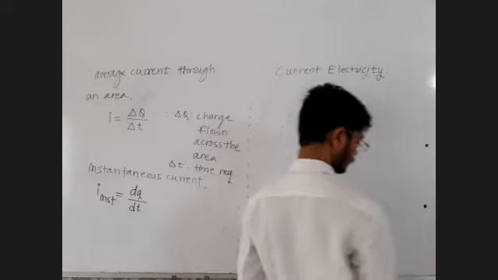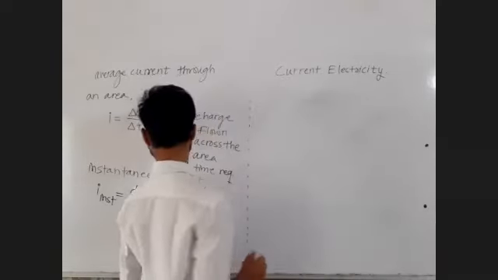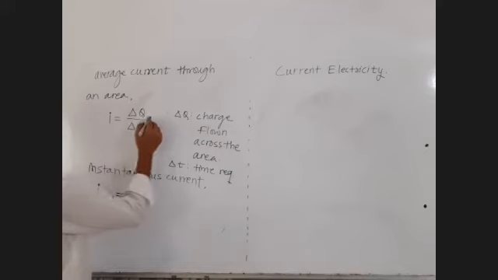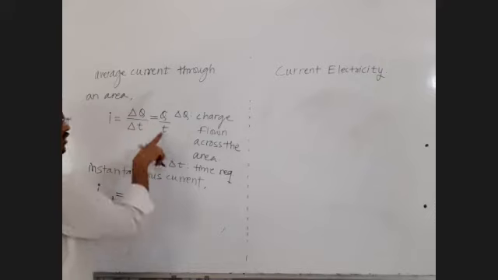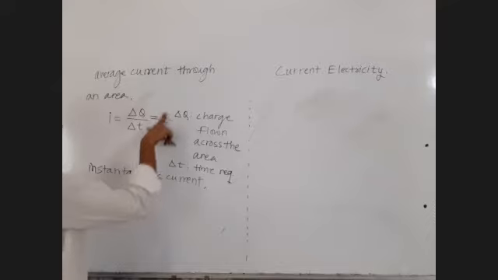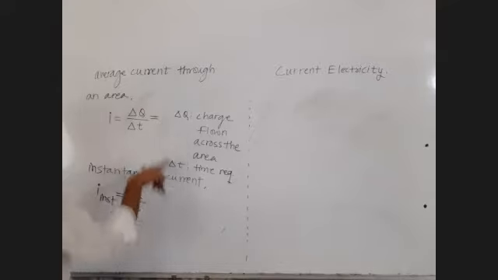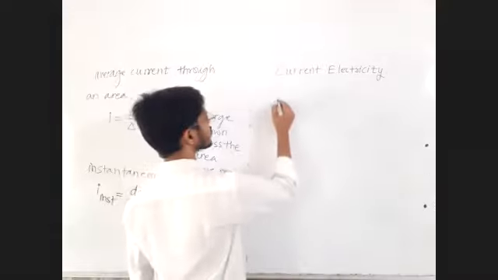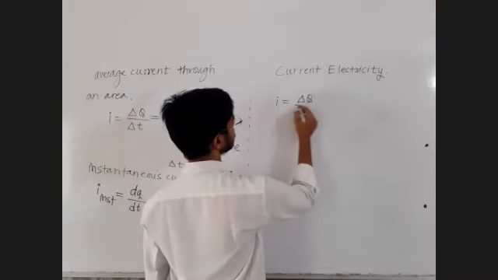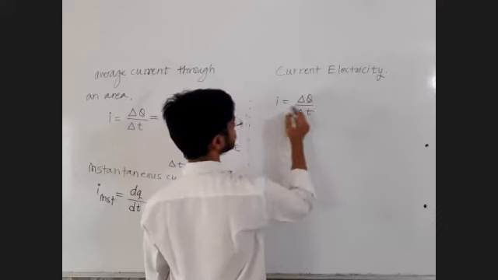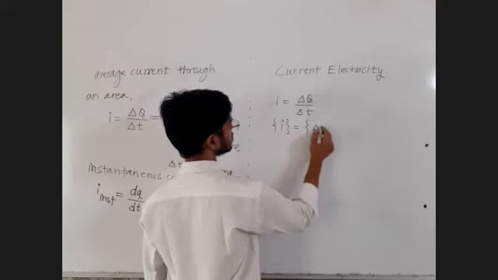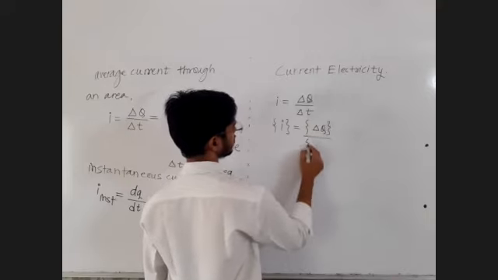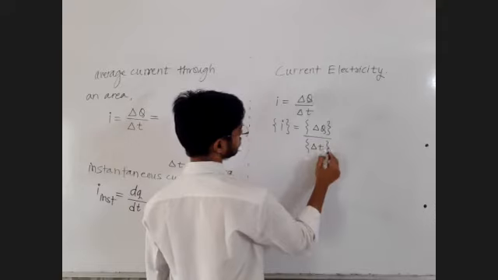Next, unit of current. Sometimes some people write this formula like this also, q upon t, but still this t is a time interval, not a time instance. T is the time interval, Q is the total charge flown. So current is equal to charge flown upon time taken. You can take units on both the sides: unit of charge divided by unit of time.